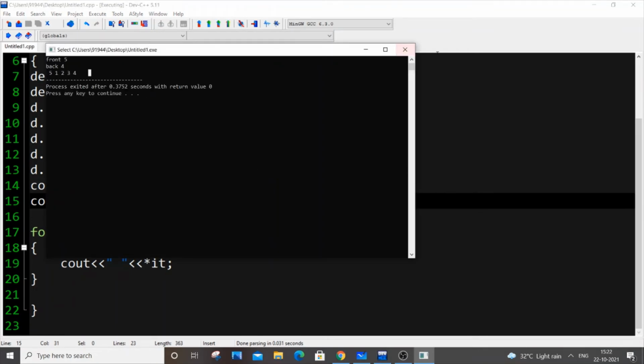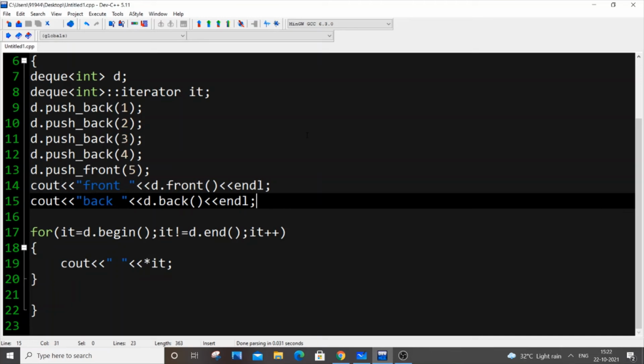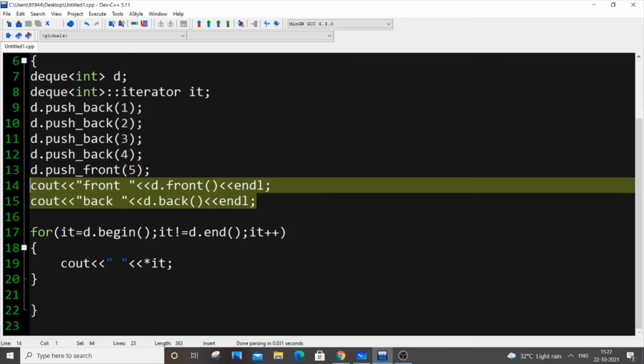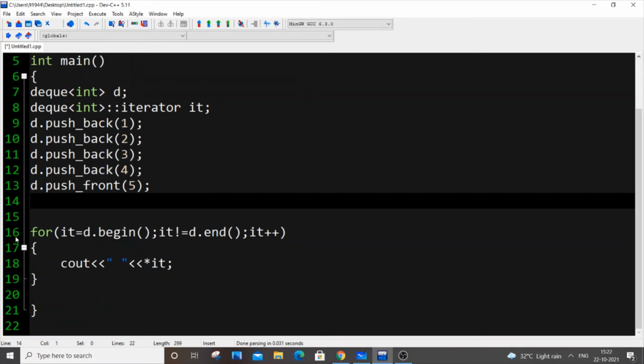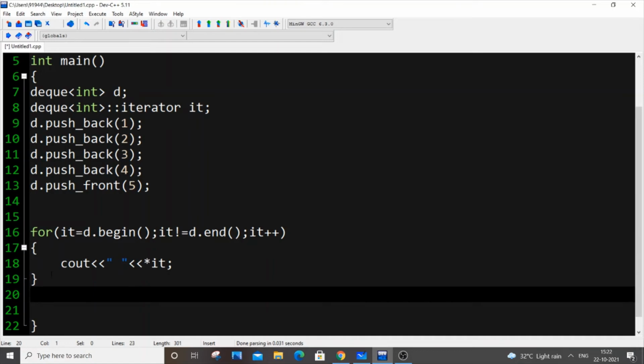That makes sense. And next we have some of the common ones, like pop_back and pop_front as well. I will be doing that over here. So for pop_back, let's type d.pop_back().